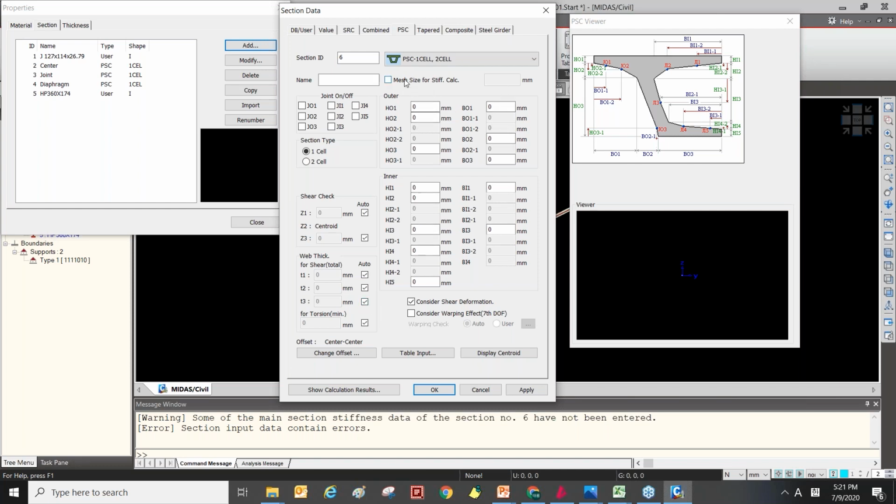So you can control the mesh size for calculating section properties, but it doesn't affect the calculation of section properties much. So normally you can ignore this option.